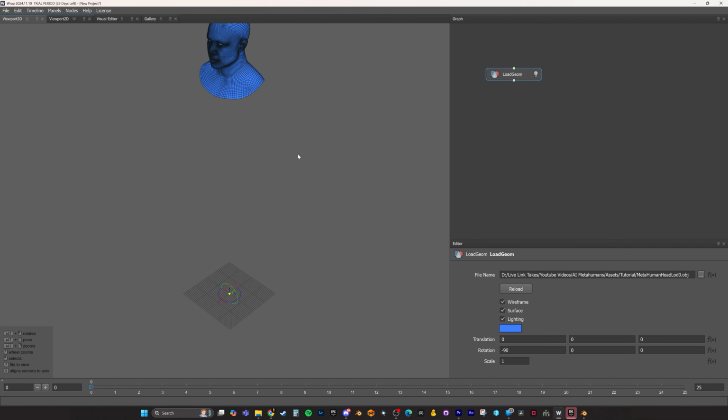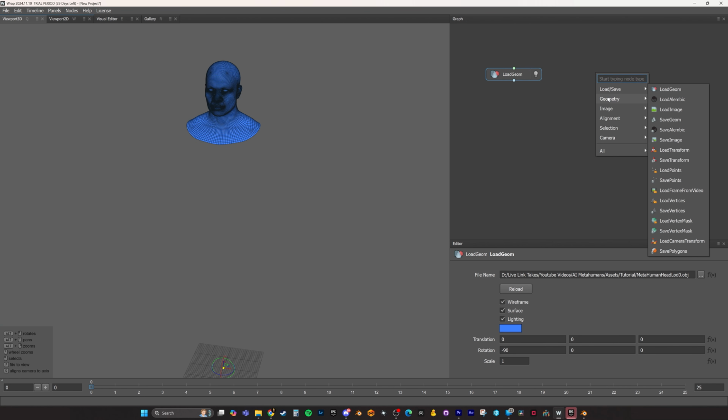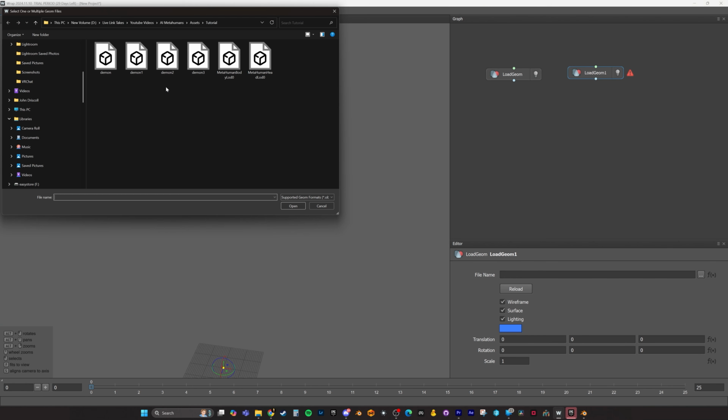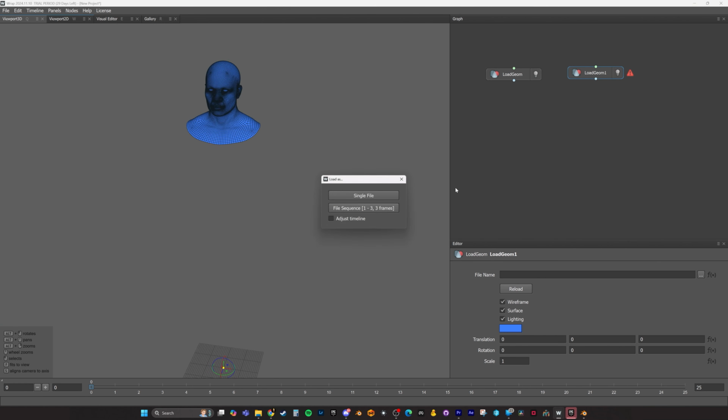And hold down Alt to move. Gosh, every 3D software has different controls to move around. Anyway, all right, so that's our MetaHuman topology. Let's go ahead and create another load geometry node, and this is the one that we will use to load our demon guy. So we'll go ahead and select that one,